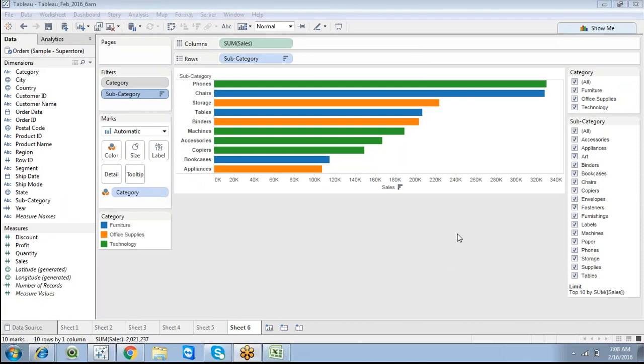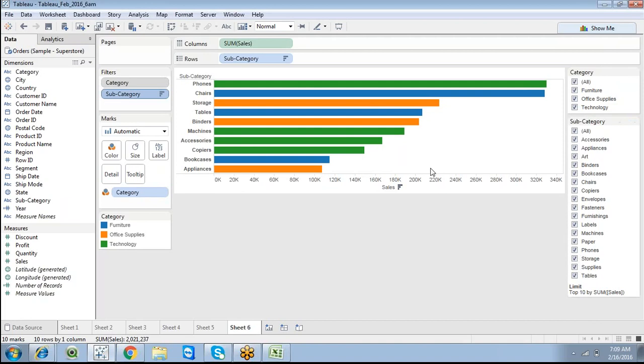So normally we have category wise sales or category subcategory wise sales. So when we are working with category wise or subcategory wise sales, we apply top 10. So now you can see top 10 related information. So limit top 10 by sales. So uncheck appliances. If there is any appliances, now you can see when I uncheck appliances, it takes top 10 records. Still it is going to take top 10 records. Now select appliances. Now appliances is in the top 10. It's a simple differentiation. So I just want to differentiate one particular point.